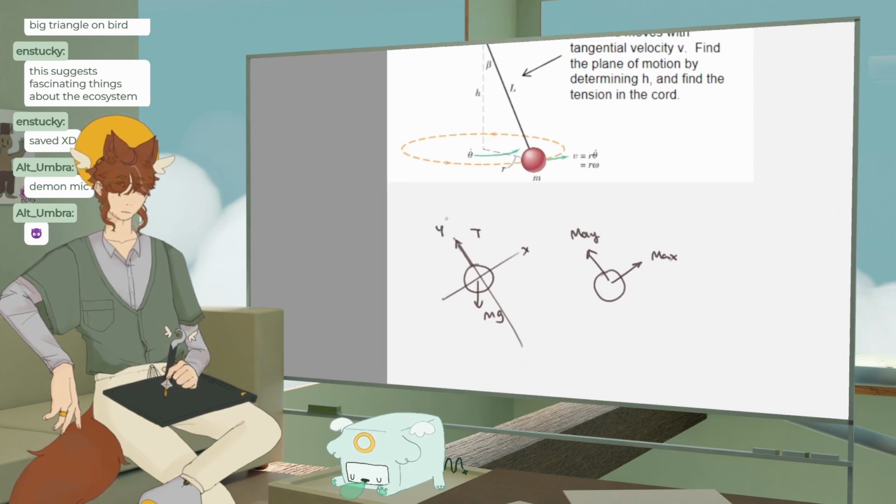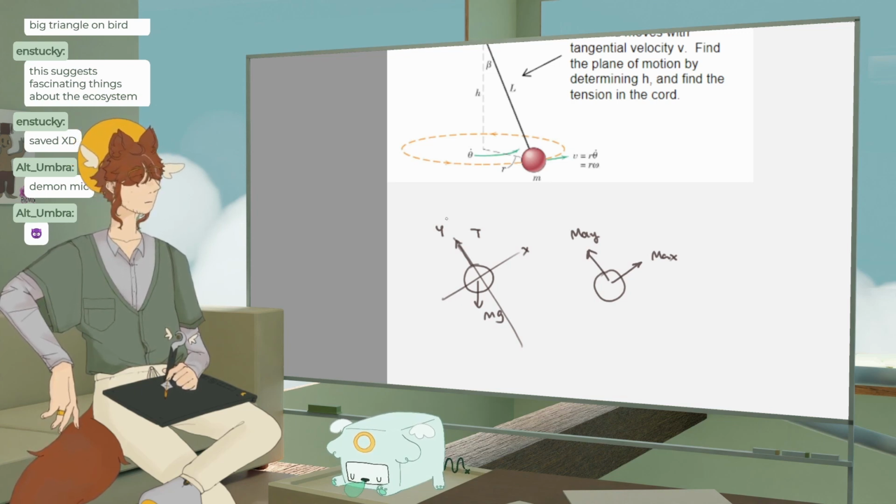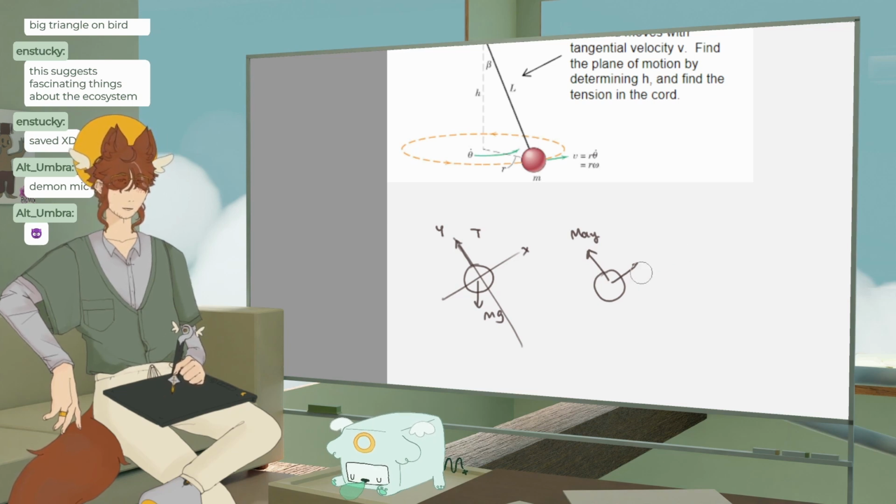It's going to be a little weird because its velocity is not in the direction of either of these. I'm going to draw it a little differently. We're going to draw our axes kind of goofy. It's going to be Z, this one, and into the page is going to be